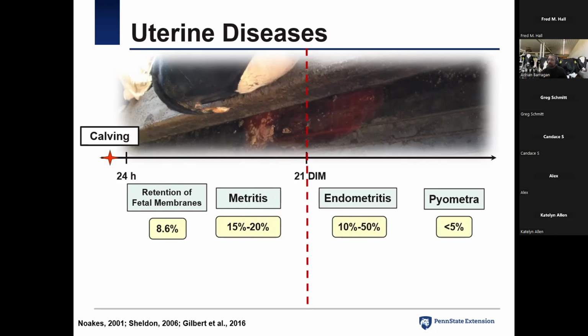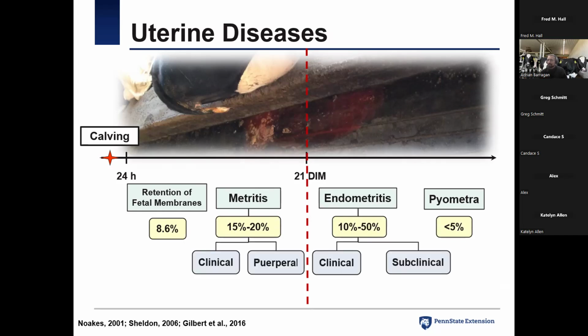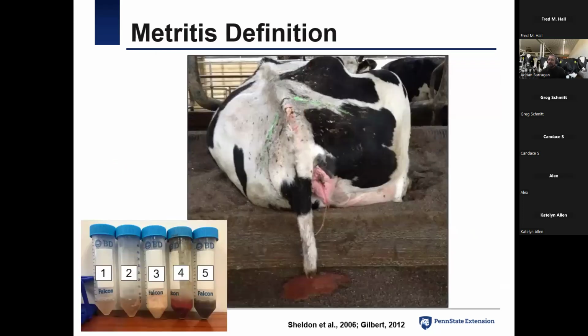And then we have endometritis and pyometra, the incidence there and some of the main classifications of those, right? But this is the basic, more established definition that has been out there since 2006, I would say. But let's go to the actual metritis, okay? And I'm just going to go briefly over what has been established and what might have to change, perhaps.